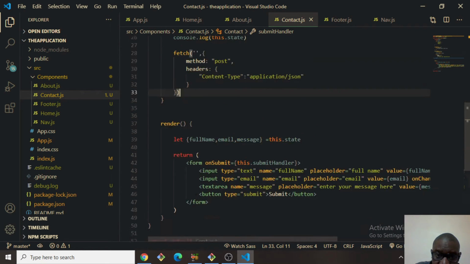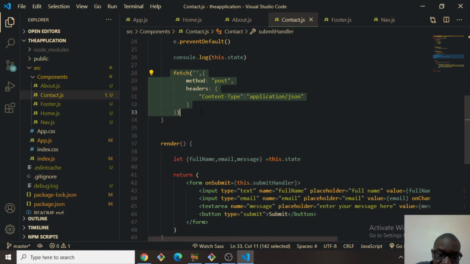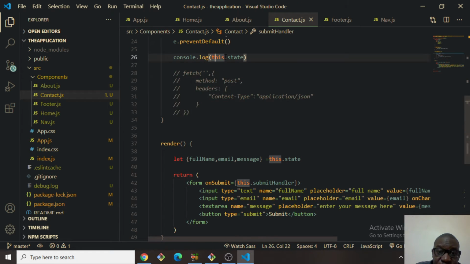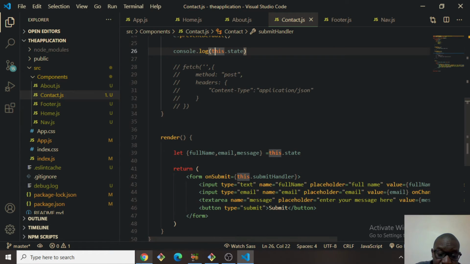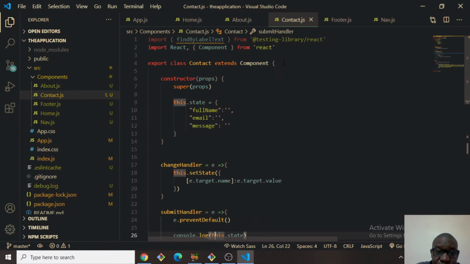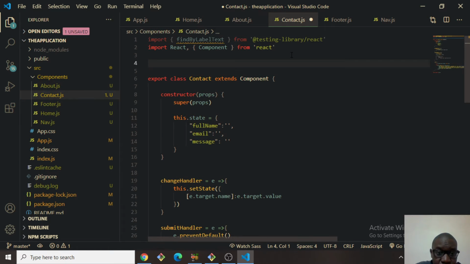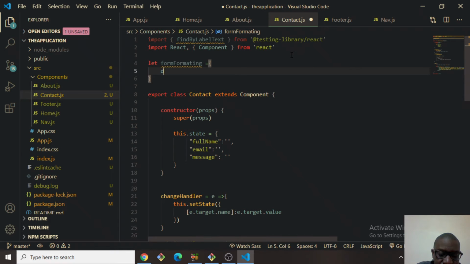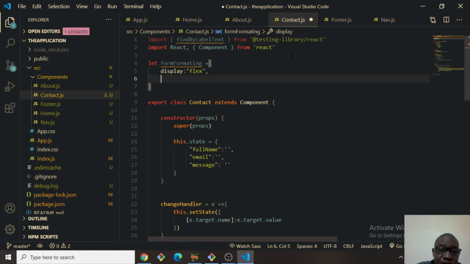Awesome. So if we try this out, if I just comment this out for now, we should be able to just get our information logging into the console. So just open the application. It's not pretty. So again, we know how to fix this. All we have to do is just create, we call this maybe form formatting, and it's an object. Maybe we say display. We display everything as flex, and the flex direction will make it a column,